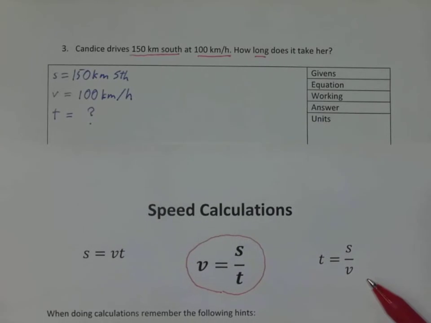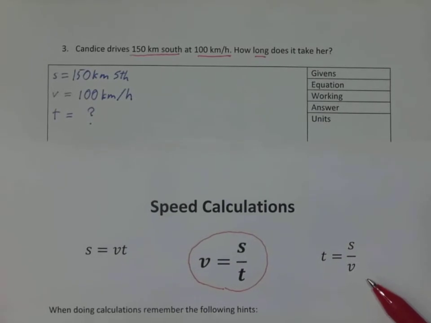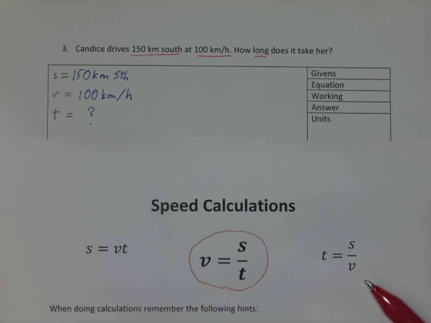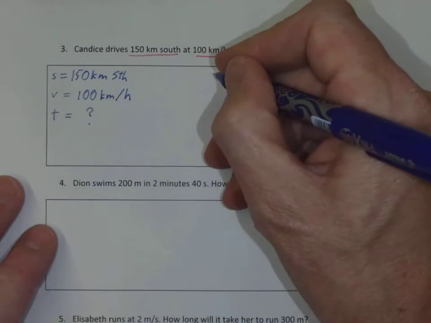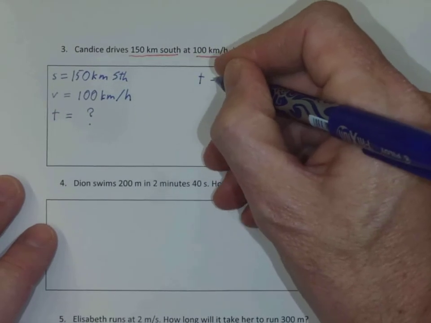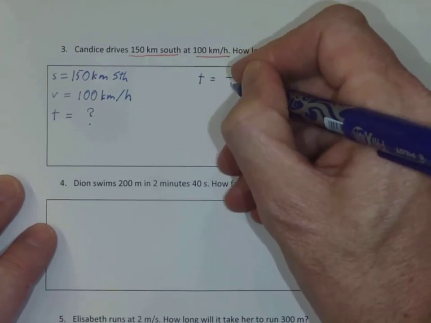This version of the speed equation over here puts time all by itself on the left-hand side of the equation. That's the one we want to use. So we declare our equation, T equals S over V